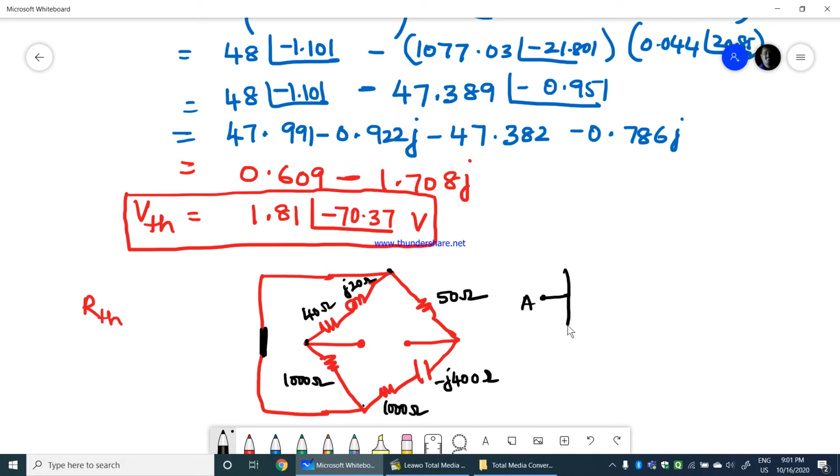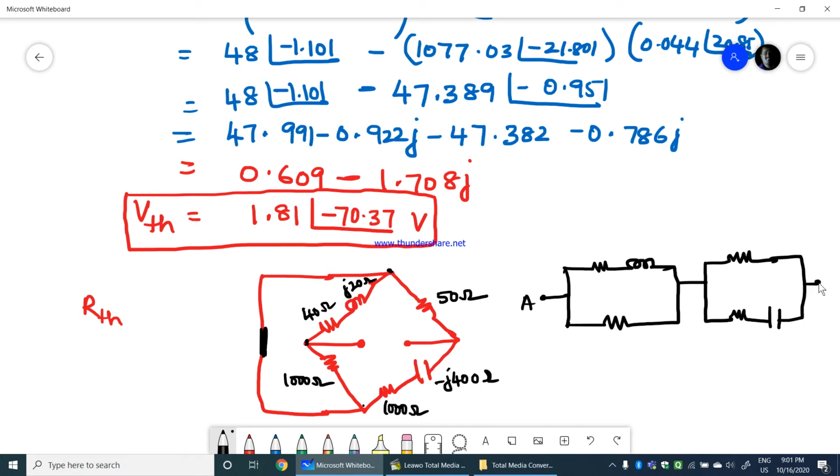where you have 40 and J20 and then 1000, and this is short, and we have 50 and 1000 and minus J400, and this is B. See, this short is nothing but these two terminals, whatever I have written. Okay, so this is 40, J20, this is 1000, 50, 1000 minus J400. Therefore, R Thevenin